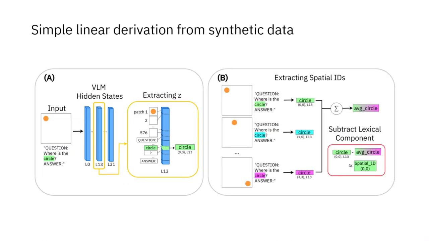To get the spatial specific component, we first compute the semantic component by taking the average of the object activation across many different object locations. If we take a single instance of the object word activation and subtract the average, we can isolate the spatial component. We average these across a bunch of the different objects that were the 3D renders shown in the previous slide.